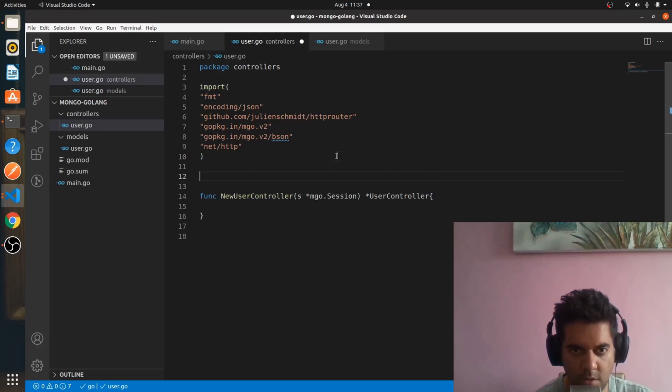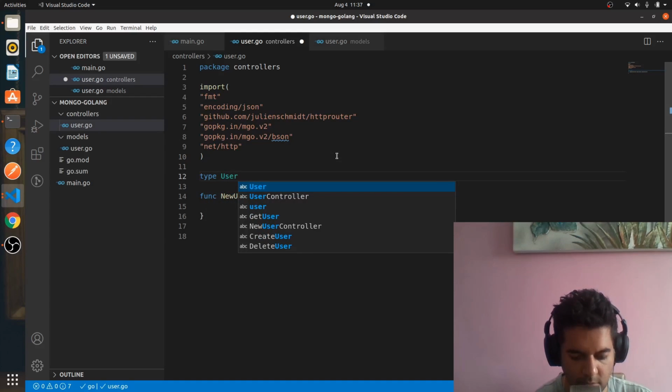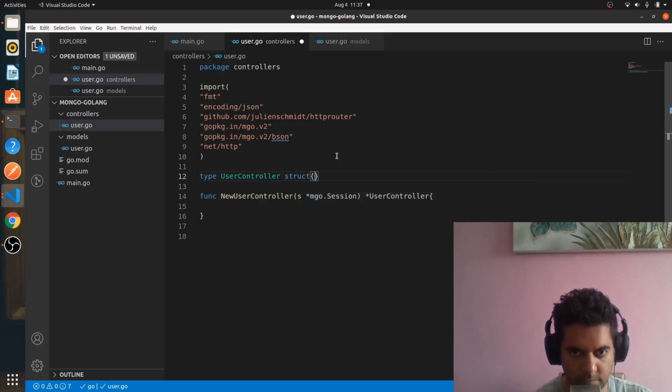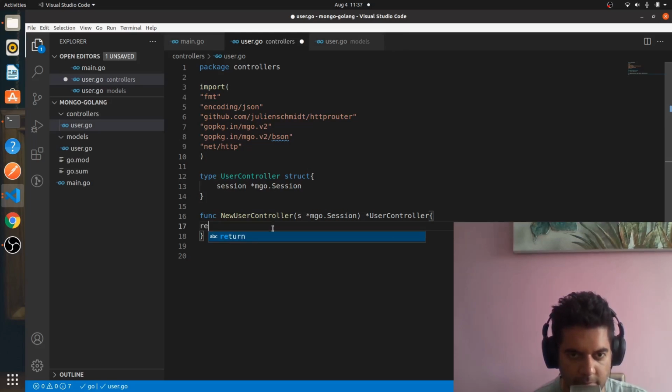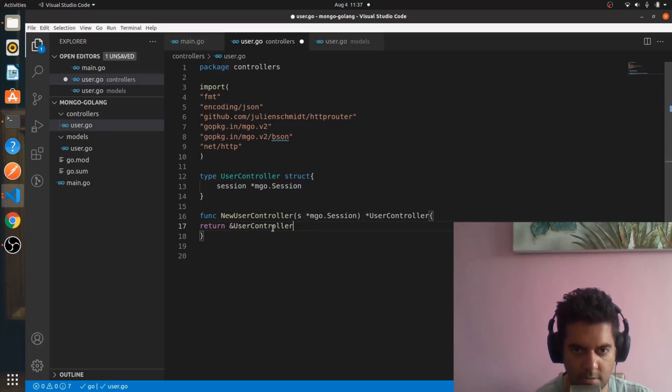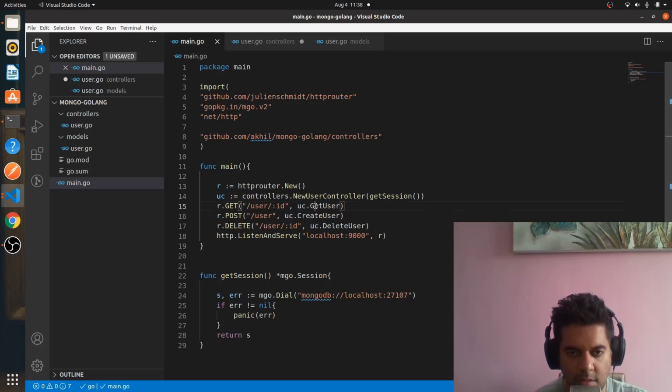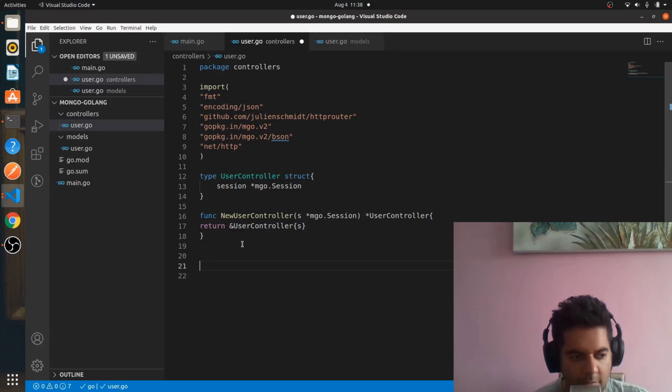Now user controller is actually a struct, so we'll say type user controller, which is a struct. And what does the struct have? It just has session again, with a pointer to mgo.session. All right, so here it says return an address of user controller S. Sorry, there's curly braces S. So straightforward. And that's what's written here. This user controller thing that's written here is basically the UC, and the UC is basically what has your get user, create user, delete user functions. And why does it have it? Because we had to define this struct because we want to create our get user function